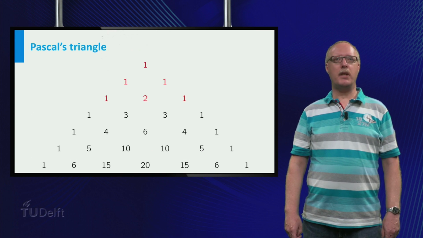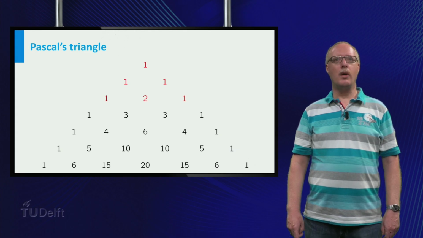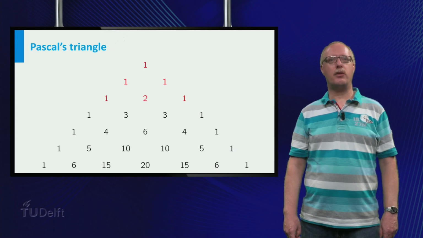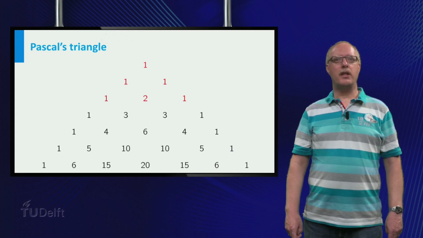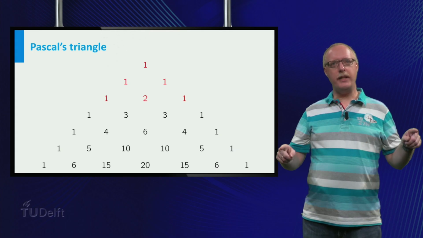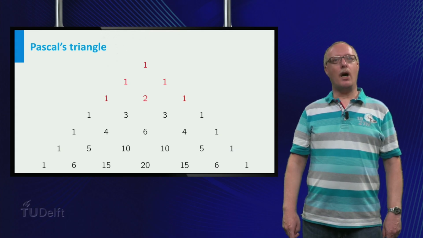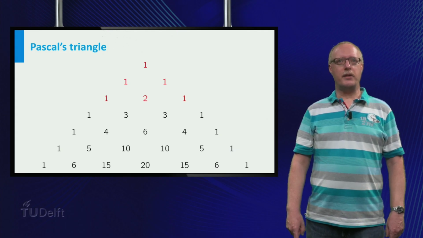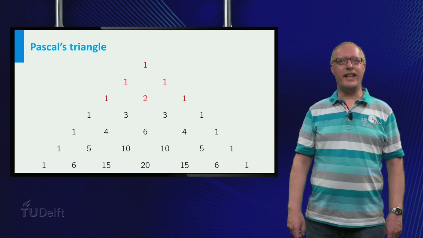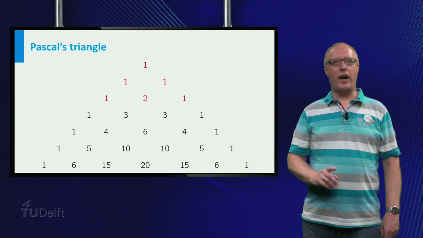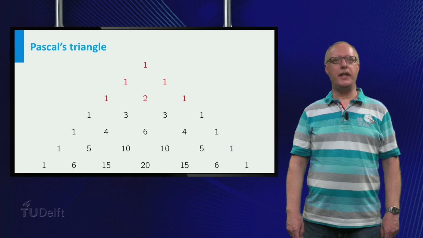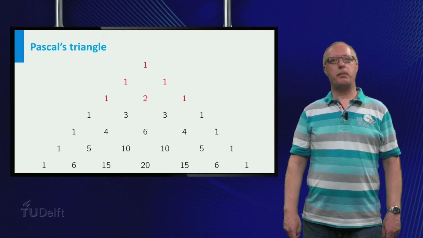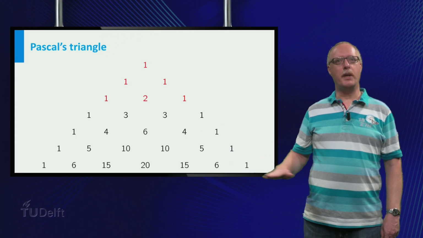The binomial coefficients can be arranged in a triangular scheme which is called Pascal's triangle. At the top you recognize the coefficients that we have just obtained. The triangle is built as follows. At both sides you only see ones. Every other number in the triangle is the sum of the two numbers above it. For instance, the second number in the last row is 6, which is the sum of 1 and 5, and the third number is 15, which is the sum of 5 and 10, etc. Of course, Pascal's triangle can be extended by adding rows below in the same pattern.